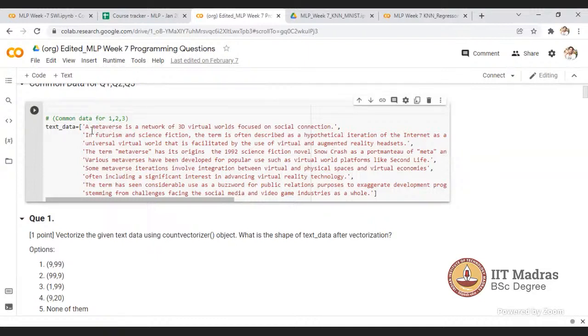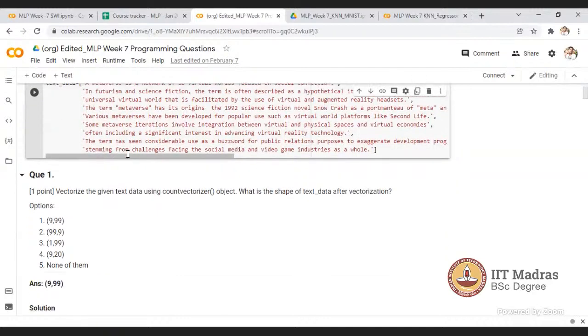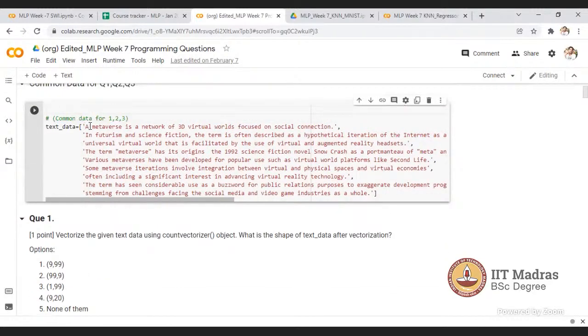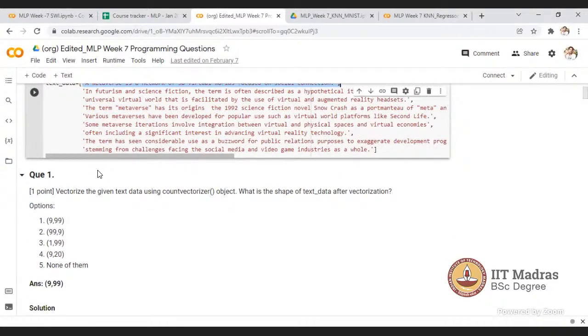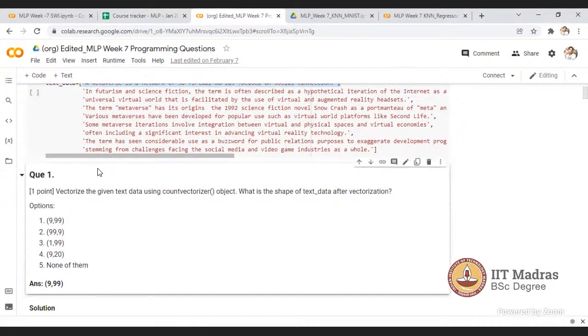In count vectorizer, what you said is correct: it will give this one as 1, this one as 2, and it maps the sentence number and the position of the word. But in hashing vectorizer, there are different hashing techniques. Just think about one technique.